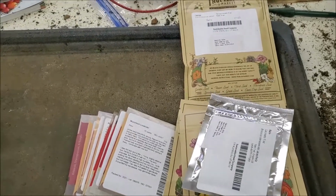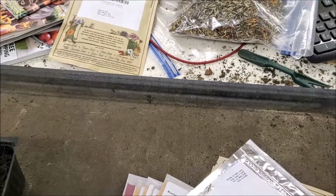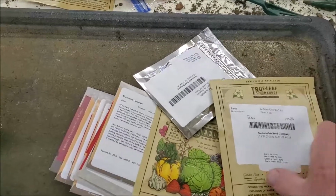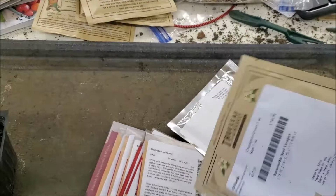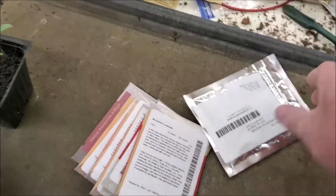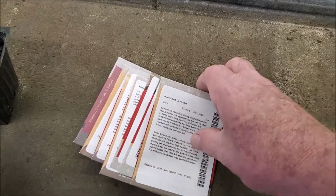Well, I just got another order of seeds in. We're going to have to get these out of the way. I've got me a pretty good bit of carrots there. Let's see, we got some more carrots here. I've got some more golden Detroit beets, some different variety of collards than what I normally grow. And let's see, we've got some dinosaur kale here, a variety,